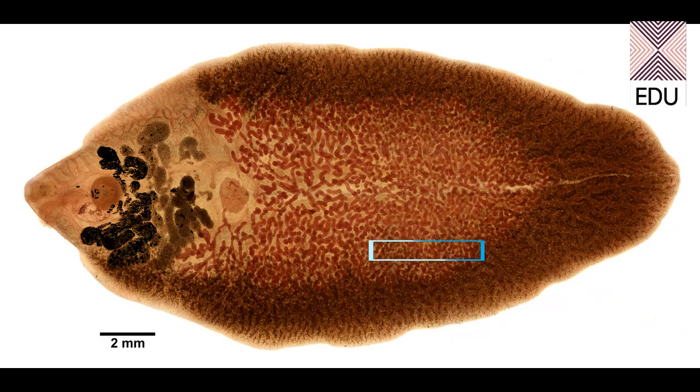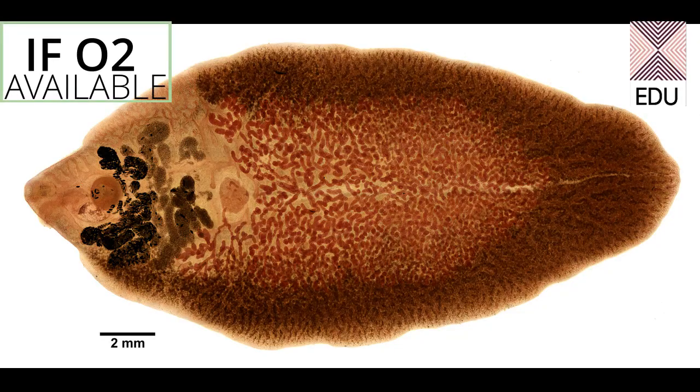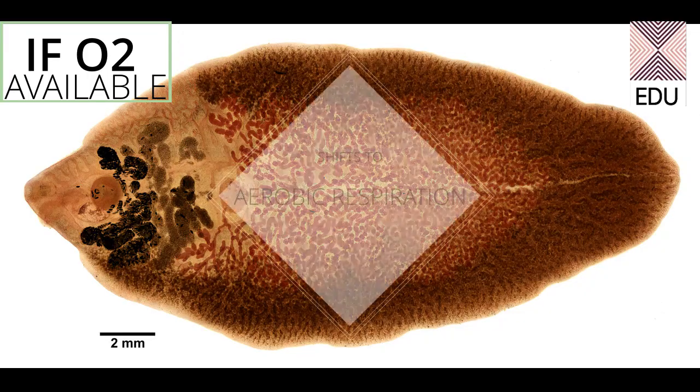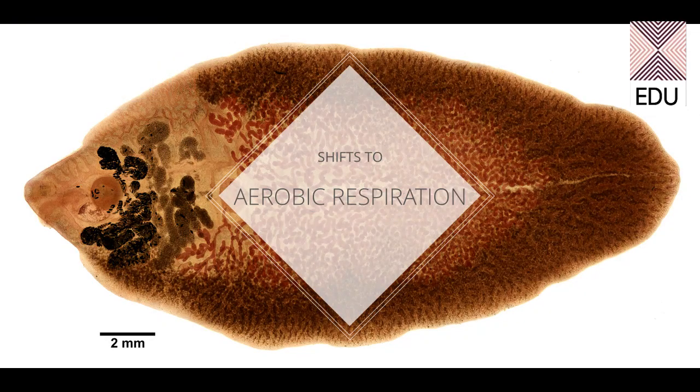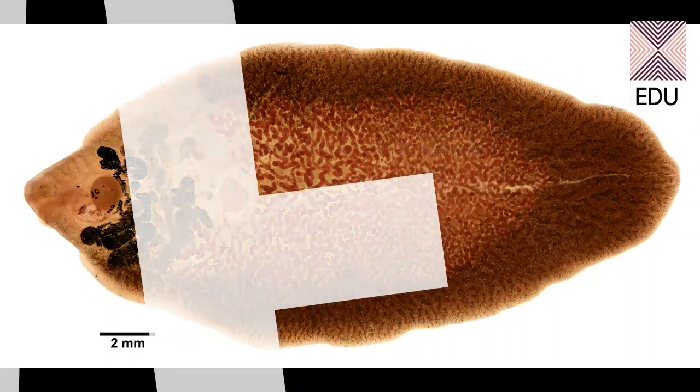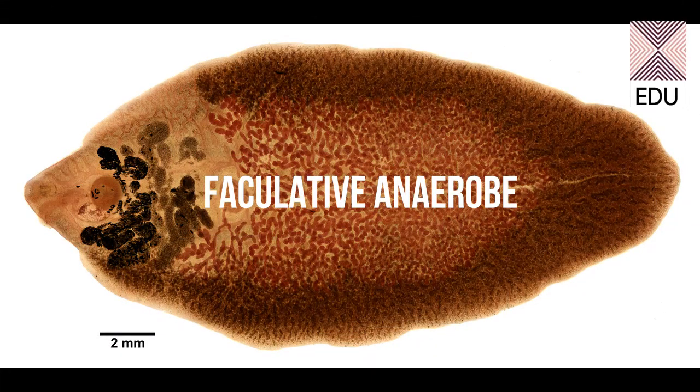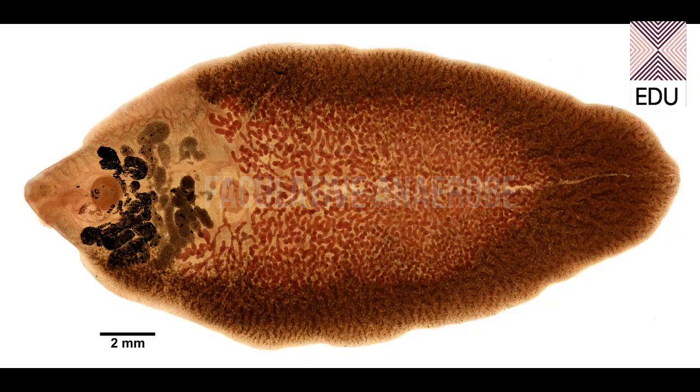So this is an exothermic reaction which involves the release of heat inside the body. So if there is any free oxygen available, Fasciola hepatica may shift to aerobic respiration. So that kind of animal is called a facultative anaerobe. That means it is basically an anaerobe, but whenever oxygen is available, it may shift to aerobic respiration.